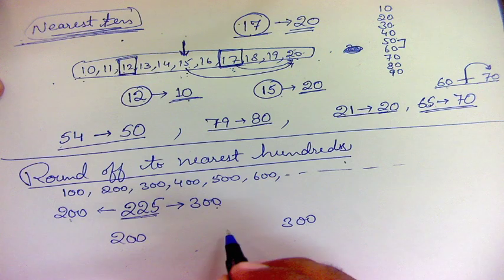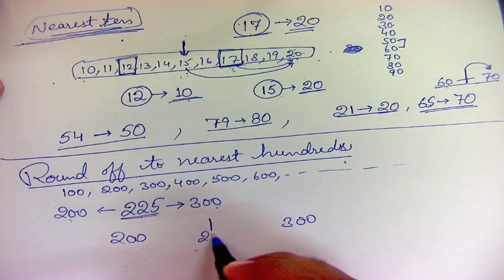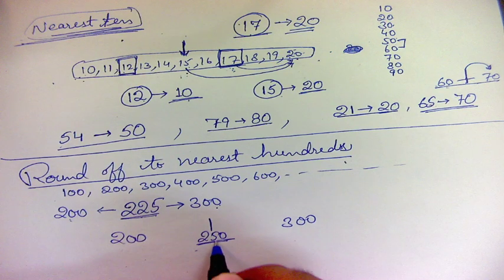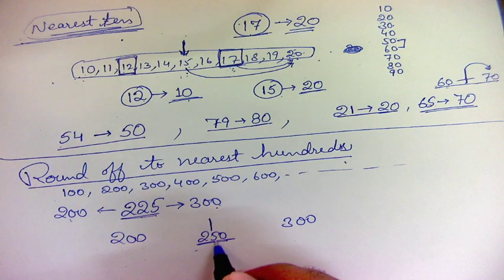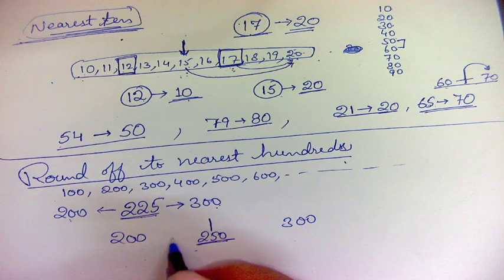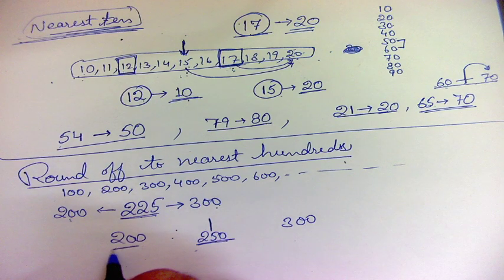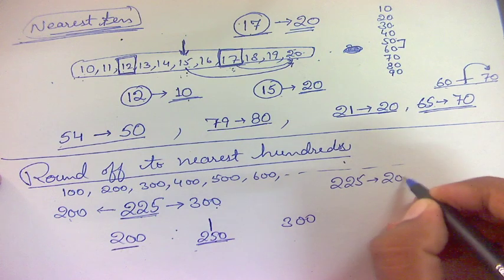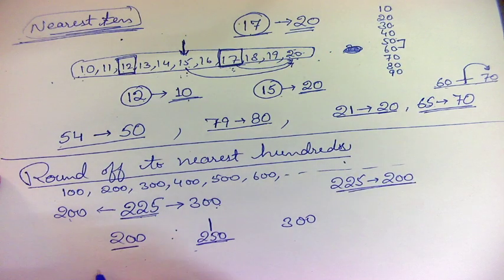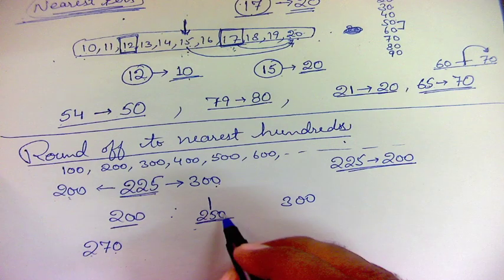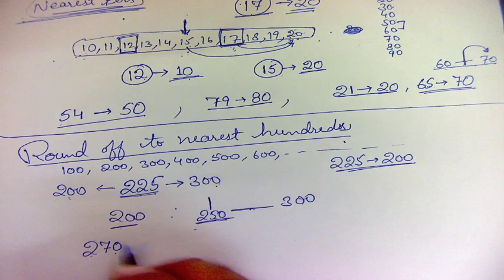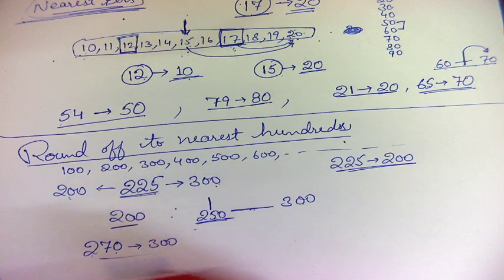अब 200 और 300 के बीच में जो मिड पॉइंट है वो कौन सा है, the mid value is 250, and 225 it is less than 250. ये 225 जो है 250 से कम है, 250 से less है. तो जब ये इससे कम है तो किसके पास में होगा, 200 के पास में. तो 225 will be rounded to 200. If you have a value say 270, now this 270 it is greater than 250, 250 से ज्यादा है, तो किसके पास में चला गया, 300. तो 270 will be rounded to 300.